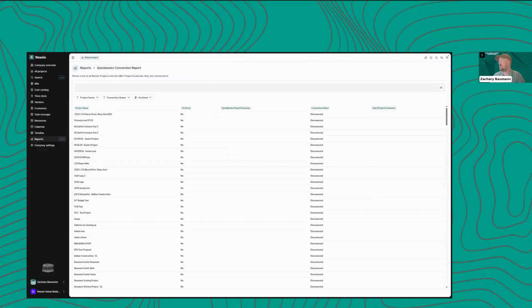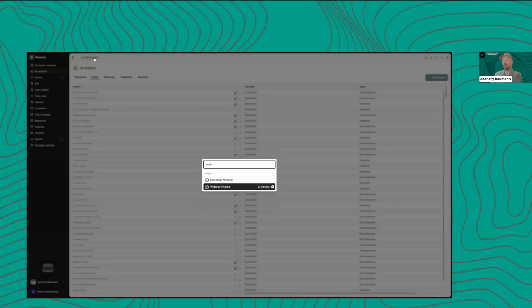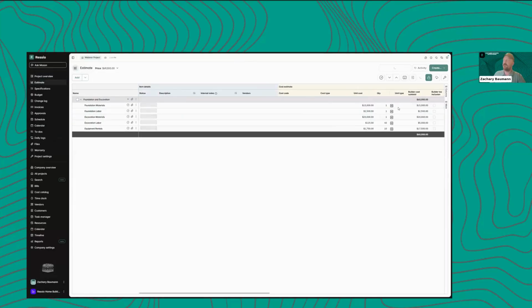I see from Ikaika, is there a plan for clients to have the ability to view the estimate page? It's not something that we've done in the past, and to be completely honest, at the other softwares I've worked for, sharing the estimate just wasn't something they really had either. What I would recommend for the time being is you have the ability from the estimate of a project to, and I'll use my webinar prep project here, download this to an Excel file or export it to a different file type if you prefer to. In data here, you can copy out or view. So you do have the ability to download a copy of this to share with the client.